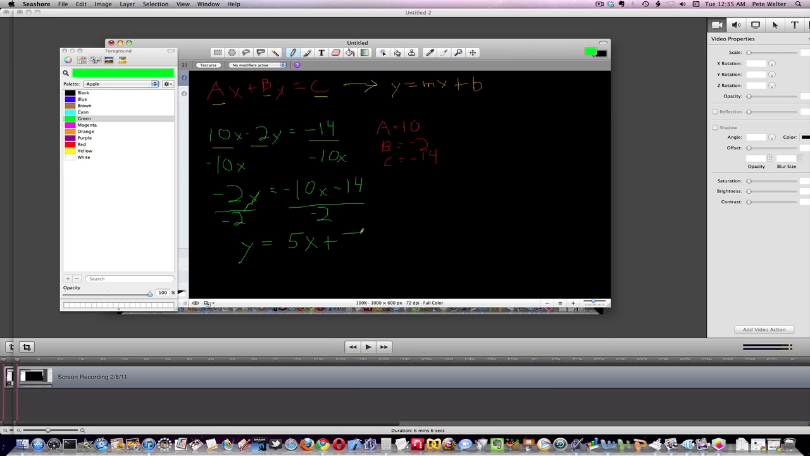And now we have an equation that is in slope-intercept form. In fact, we can look directly at this and we can see that the slope is 5, right? And the intercept is, let's see, let's get this right here. The slope is 5 and the y-intercept is 7. Exactly what we were looking for. Okay,